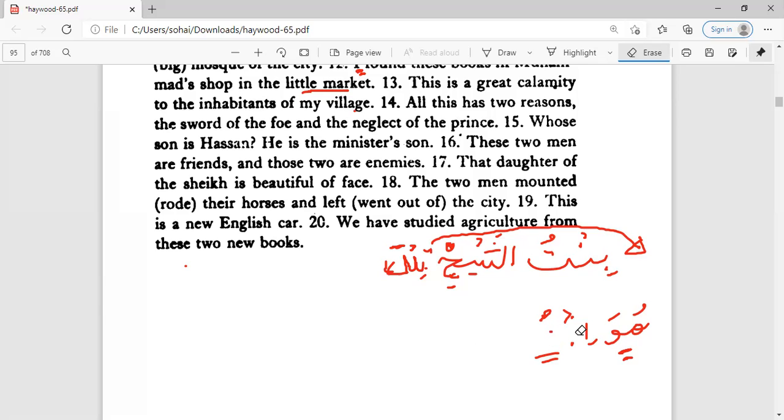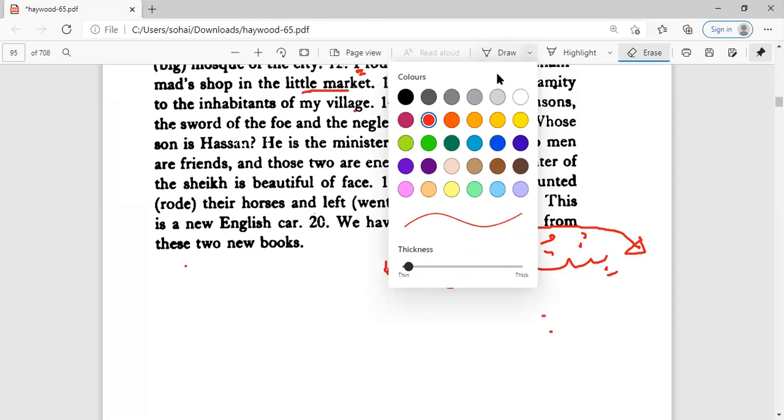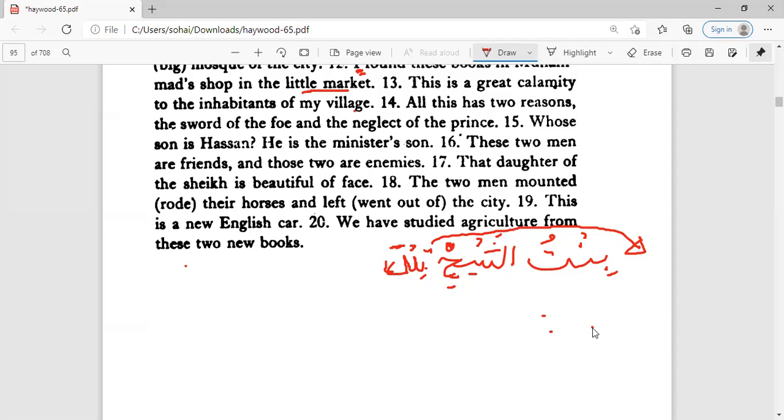So to make it particular about that daughter, tilka comes after. If you write tilka bintul